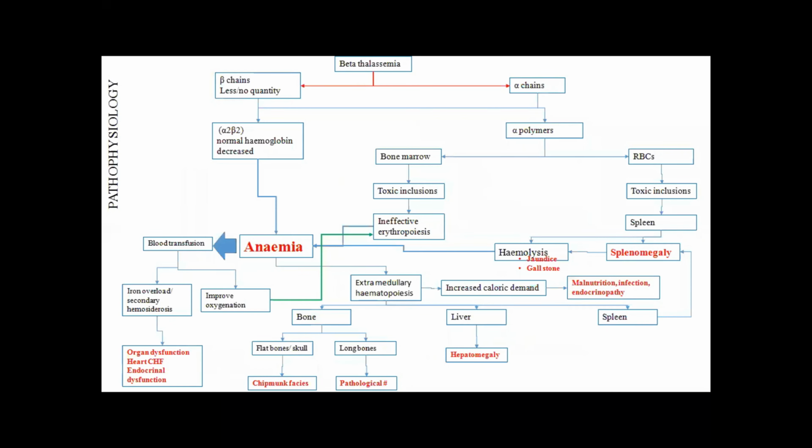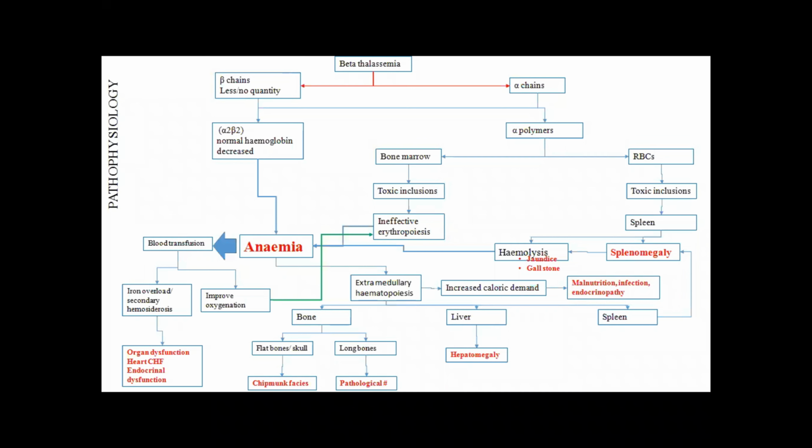How this pathophysiology goes in thalassemia. To understand, we are taking the example of beta thalassemia because this is relatively more prevalent. We are aware there are two chains, beta chains and alpha chains, beta globin and alpha globin. If there is a beta thalassemia, there is a mutation, so less and less quantity of qualitatively normal beta chains are going to be produced. Quality-wise they are okay, but quantity is decreased.